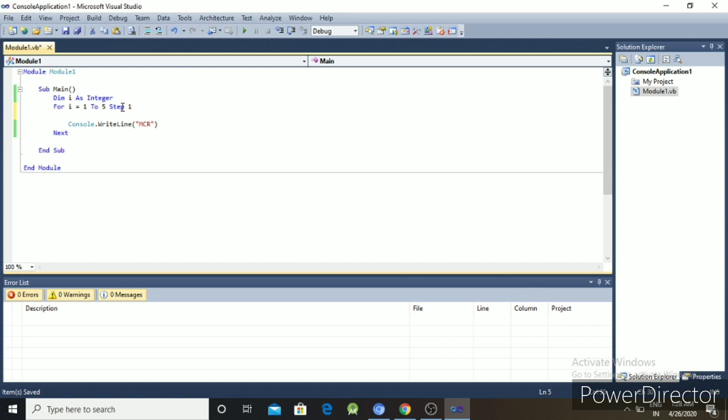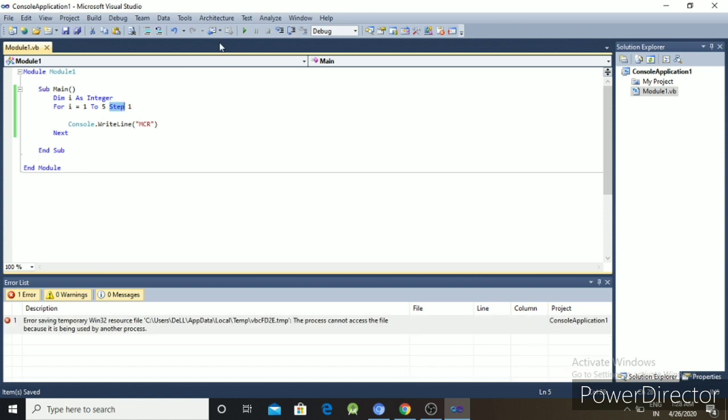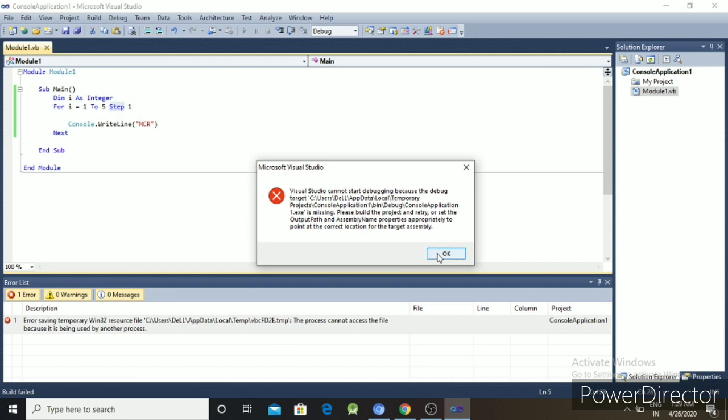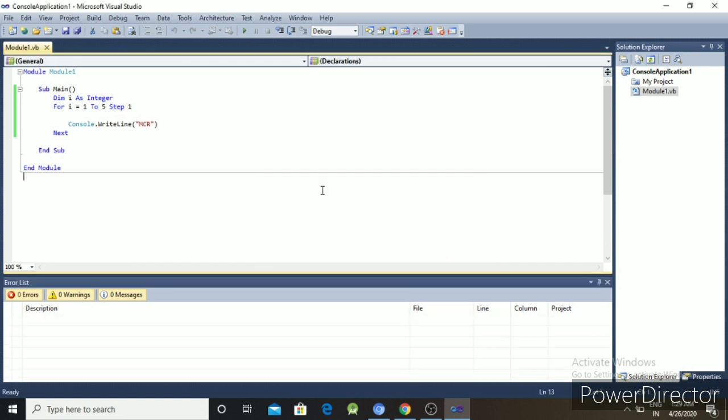So you will get the output. Execute the program and find the output. Save the program again and execute.